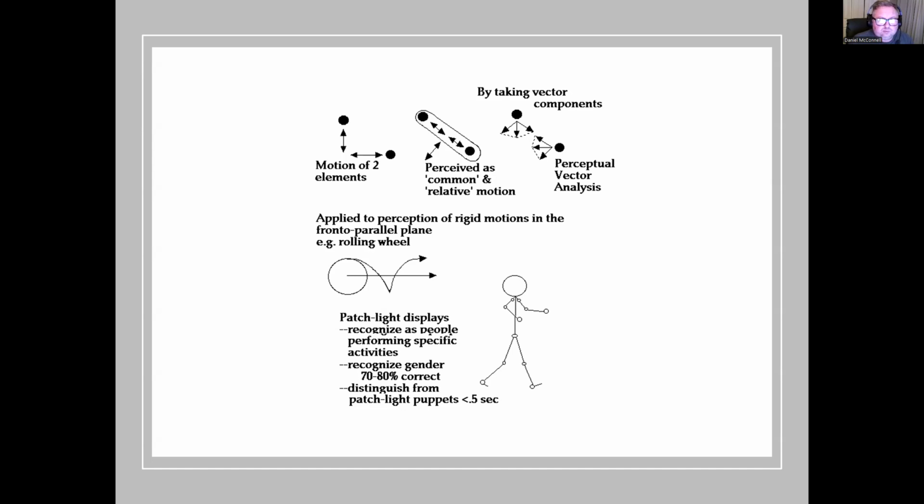And then he created these brief little video clips that were less than half a second long of a marionette walker versus a human walker. And he would present the subjects with these videos and ask them to see if they could recognize the difference. Can you tell the difference between when it's a live human versus when it's a puppet? And the answer was always yes. Even when it was a super brief video clip that was less than half a second long, they could still easily do it, suggesting that